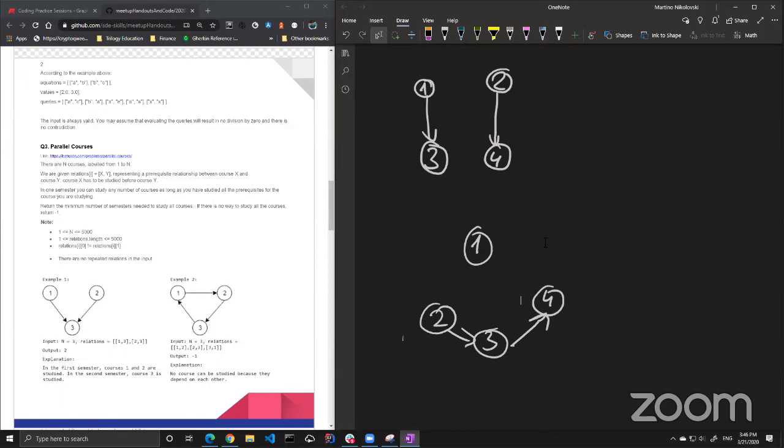I'm looking at the second example. But both graphs, like whatever you're saying, tell me if there's a difference between 1 and 2. Yeah, there will be, right? So, okay, let's focus on the first one, 1 pointing to 3 and 2 pointing to 4, right? In degree of 1 and 2 is 0. Correct. Right. Now you come to in degree of 3, you say, oh, let me add my in degrees of